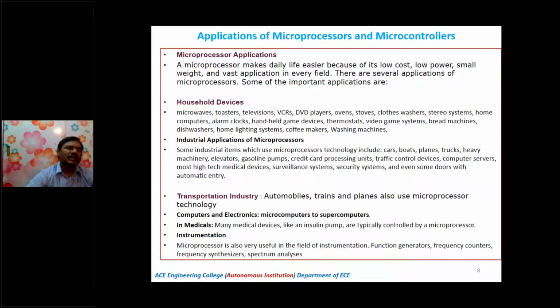So these are the detailed applications of household devices, industrial applications, the transportation industry, the computer field, the medical field, and instrumentation. For example, in the instrumentation field, it is used for designing function generators, frequency counters, frequency lasers, spectrum analyzers, and so on. Like that, every individual application has its own different detailed applications,